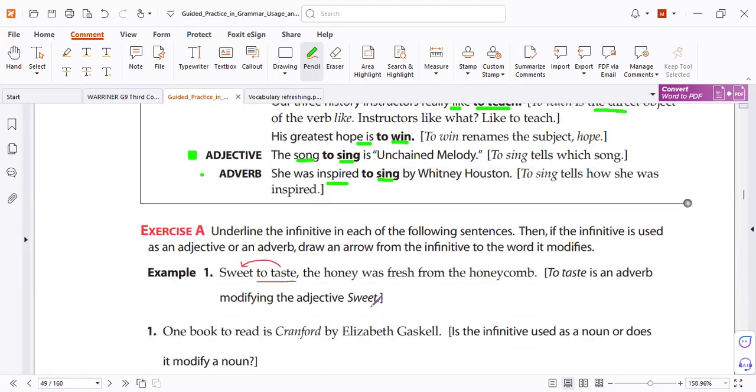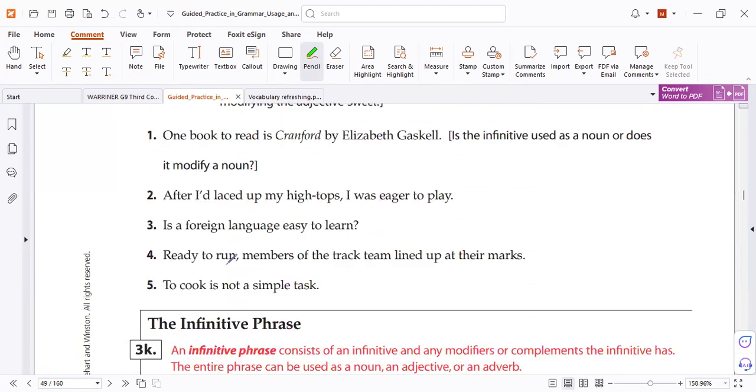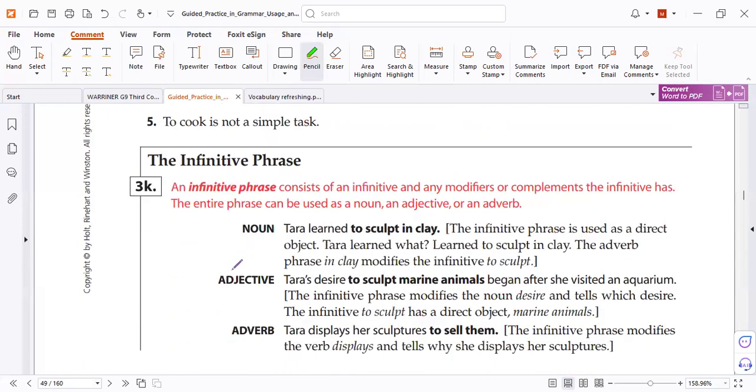But how about the infinitive phrase? Here it's so easy to find the infinitive. It starts with the infinitive like that, and the words near it. Look. And I stopped it because I found the verb, but this is the end. This is the beginning. Remember, it's like any phrase. It has a beginning and an end. This is the beginning, infinitive, and then the phrase after. So it must be like that. You found it? Yes. That is what I'm telling you about.